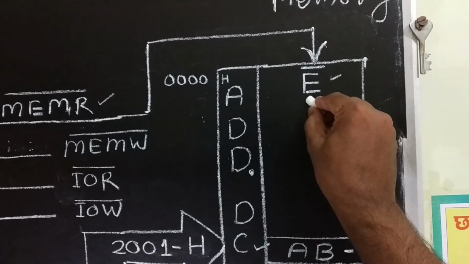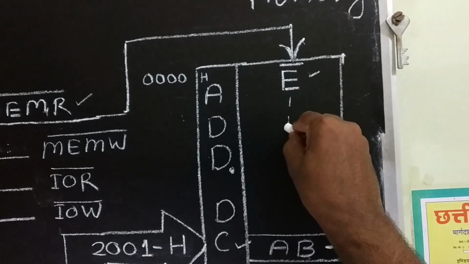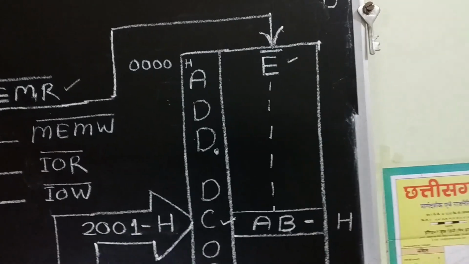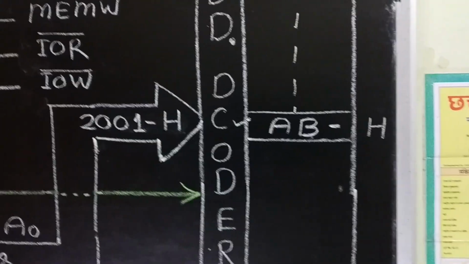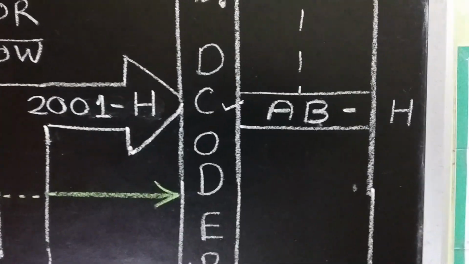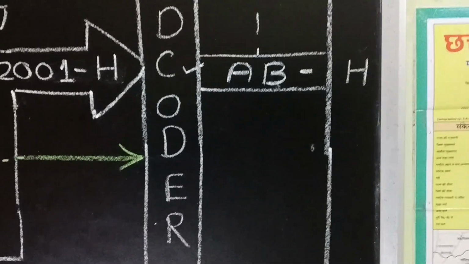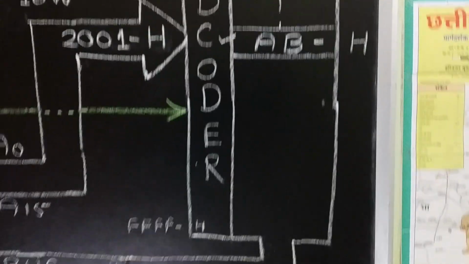Whenever the memory is enabled, the content of the memory, which is ABH, a hexadecimal number, this data AB